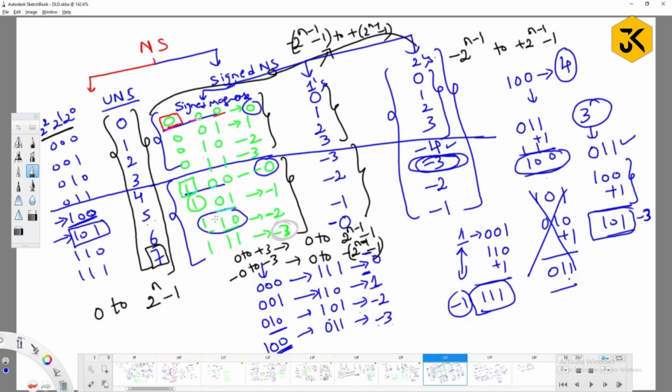Minus 2 is 110. So like this, if you are going to find out any kind of rule for one's complement, you cannot get anything. You can try to find one, but there is no generalization you are going to get. Whereas